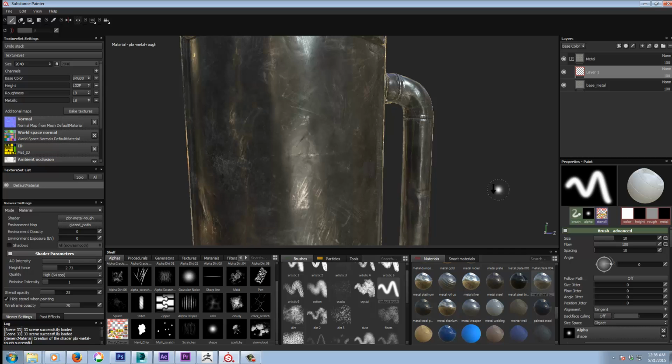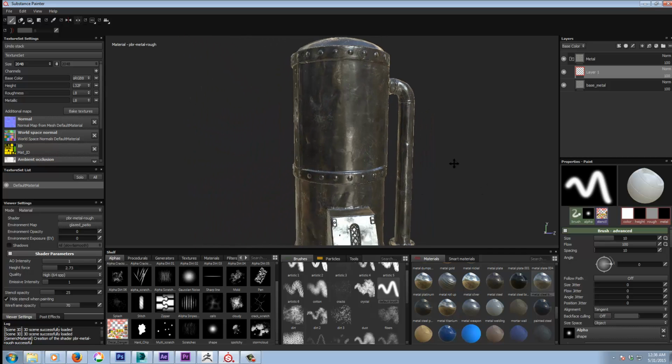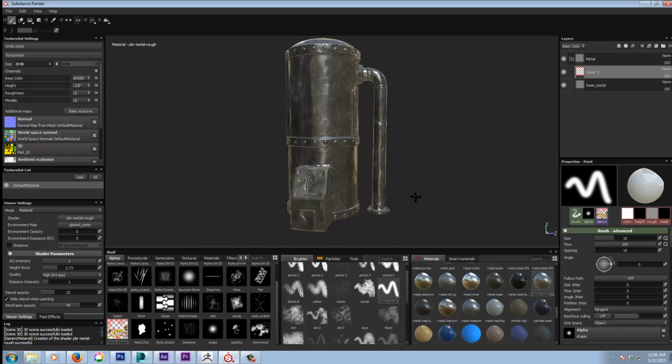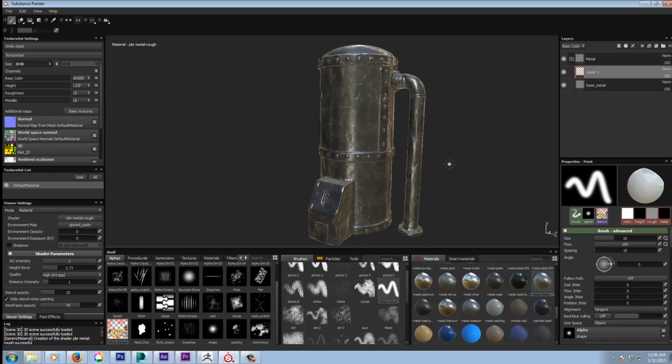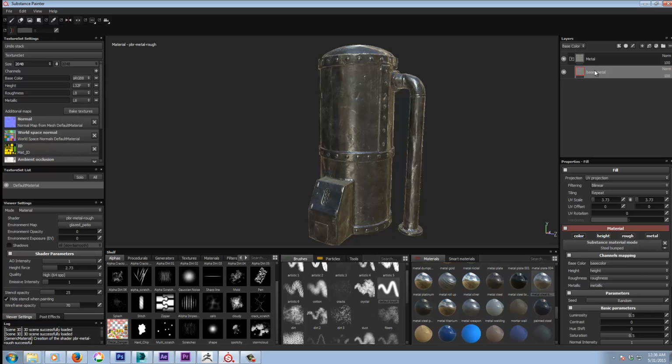So with all that said, we're going to just go on with texturing there. But as I say, that's all important stuff that you need to know to avoid frustration. So I'll just delete that layer, and